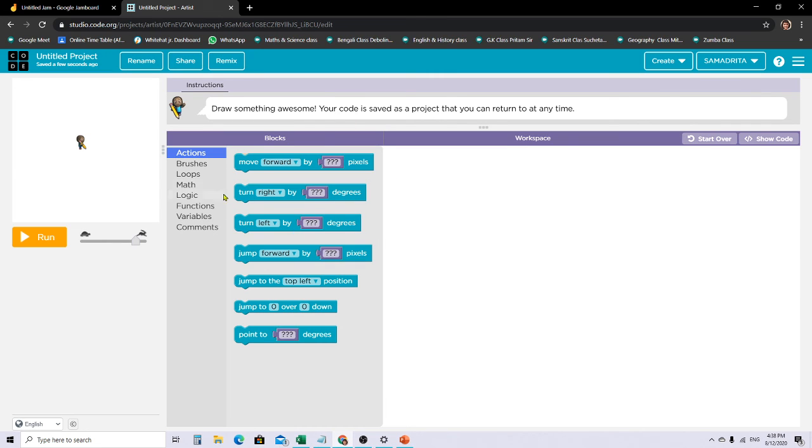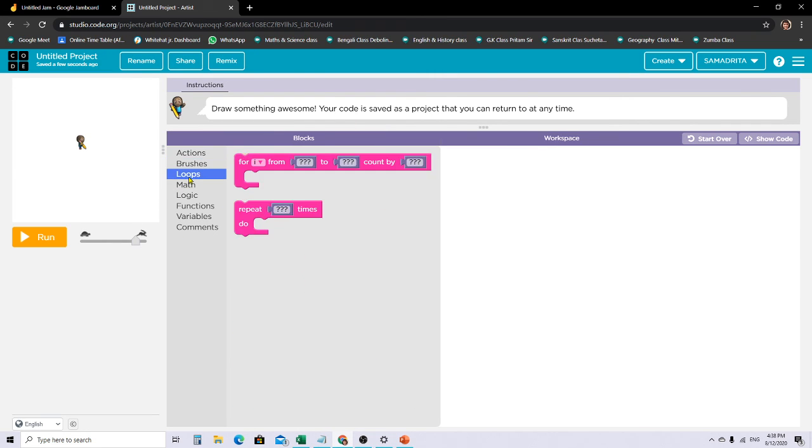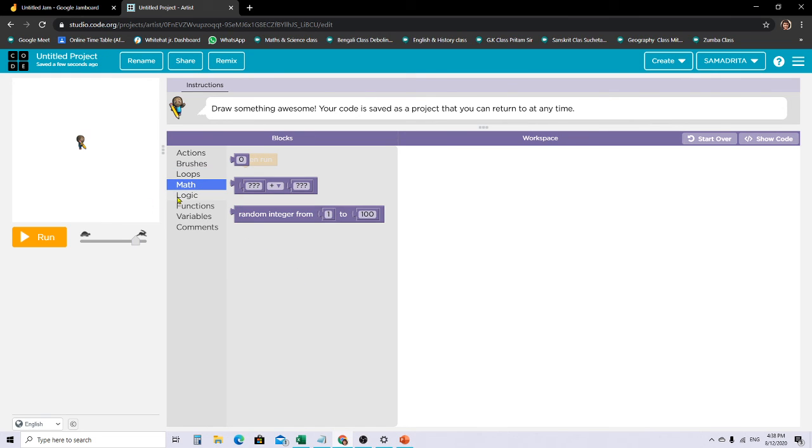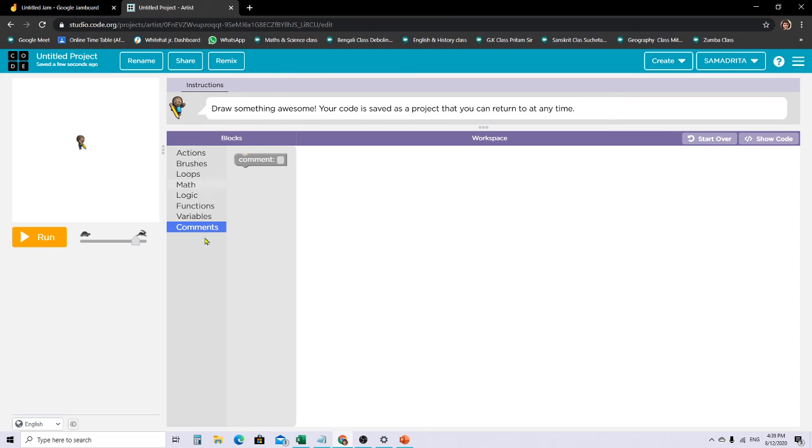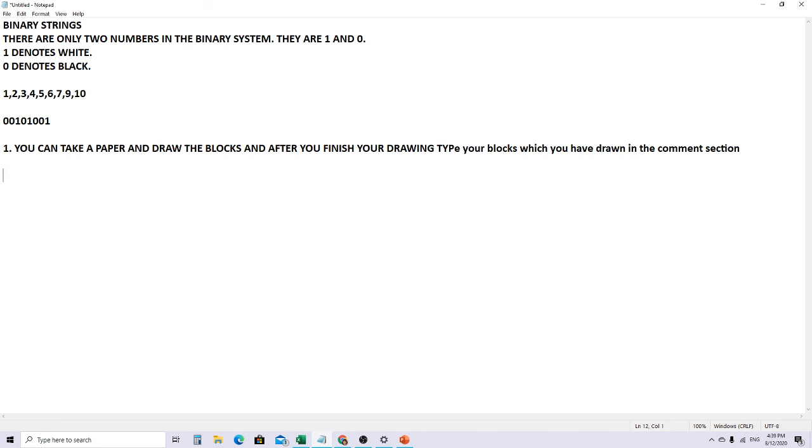Okay, so you have all these blocks here. What are these? So now today's task which I am giving you to do is you need to create a small app and a character.